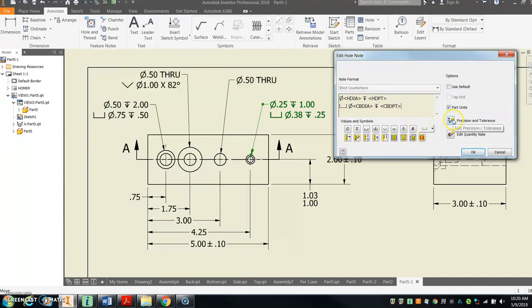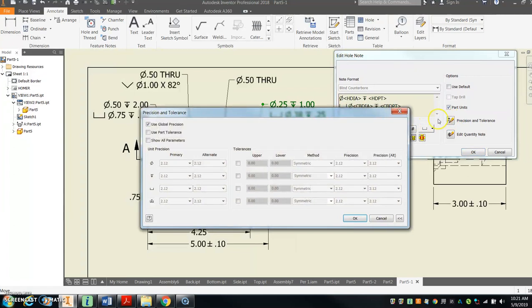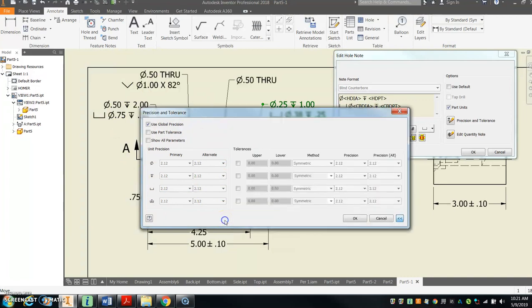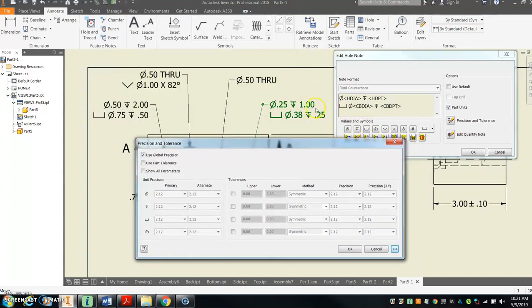Under the precision and tolerance button right here, if you click that, you'll probably end up with a box that looks like this, and you can expand the options just by clicking right there. These are all the different features contained within this dimension. So we have our diameter for the first one, we have our depth, we have our counterbore, and then we have the